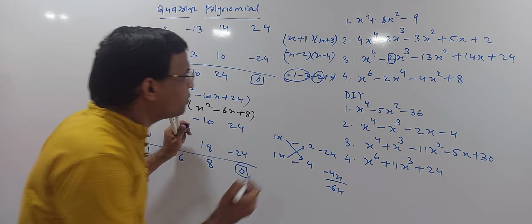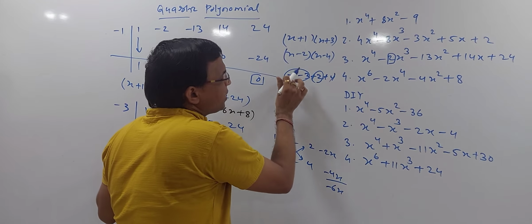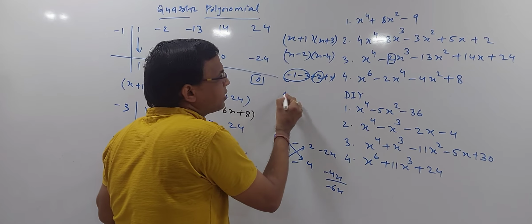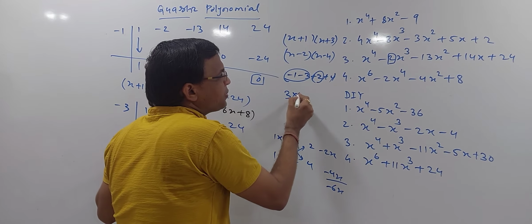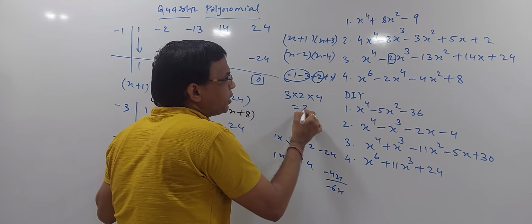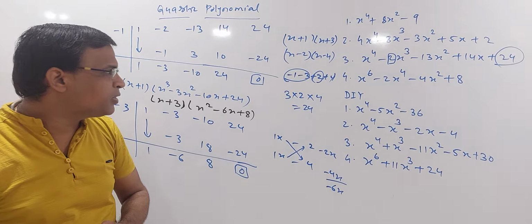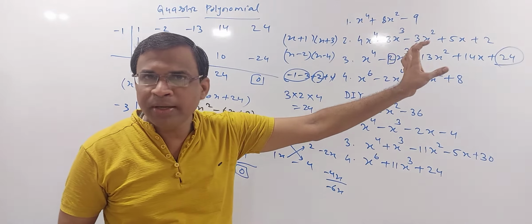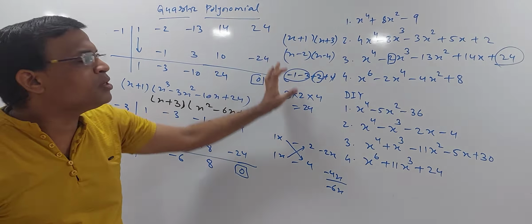Take the product of the zeros, so it is minus 1 into minus 3 is 3. Into 2 and then 4, so 4 2s are 8, 3 8s are 24. Check out 24 here. So that is your confirmation. I am not using that rule. Earlier in cubic we have used that because cubic is having just 3 factors, whereas in case of 4 factors it is a little tricky. We have to do lots of permutation and combination. So I am not jumping into that. But fine, you can use it somewhere or other.